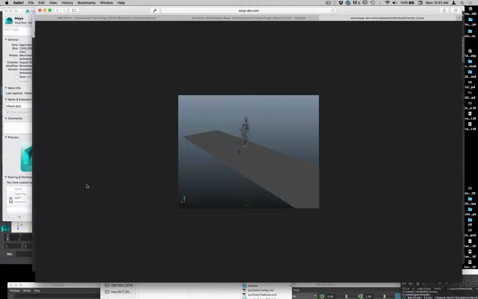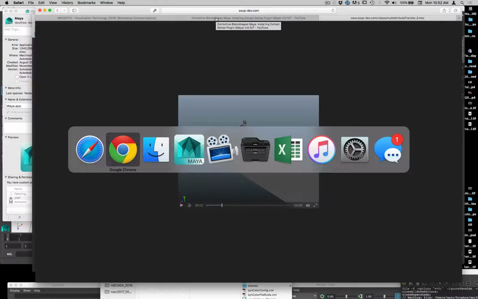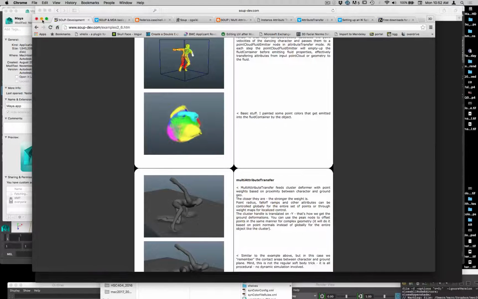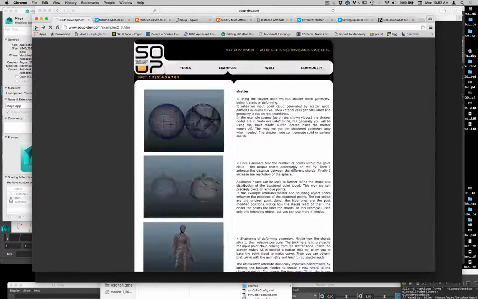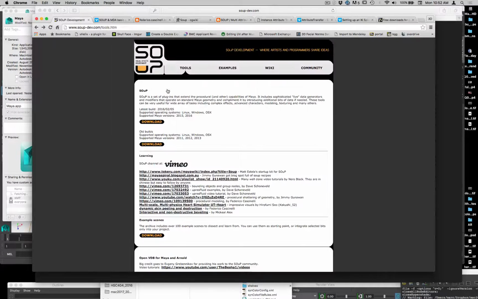So you can see when this guy lands on the floor, the ground reacts to him. This is a difficult thing to do in Maya with the tool sets that are there, but he wrote this set of scripts that allow this to happen. And so for doing the motion graphics, like the growing hexagons and stuff, it's totally worth looking into. Again, it's not straightforward how to apply these things, but there are a couple of really good